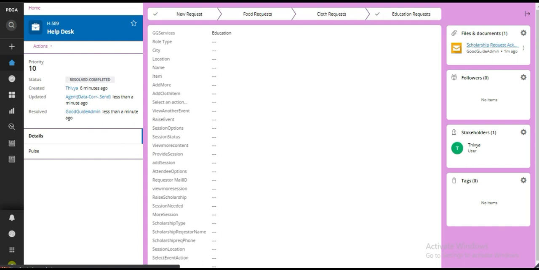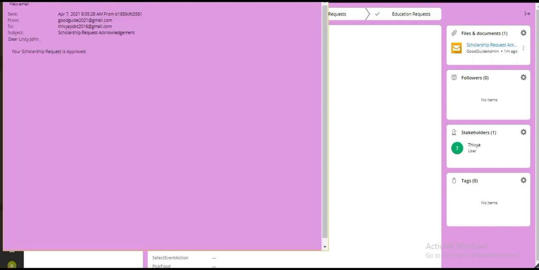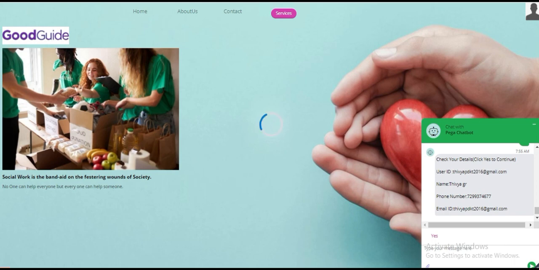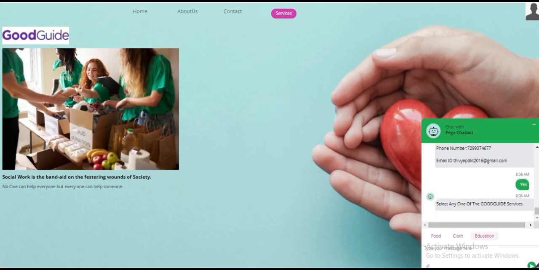the providers who are interested in providing the scholarship. The providers will be able to see all the scholarship requests obtained. If he wants, he can select any one student, or more than one student, to whom he wants to provide a scholarship. And for that we have to enroll as a provider.